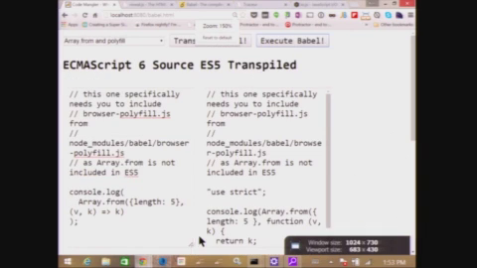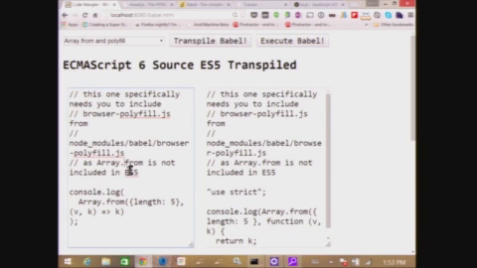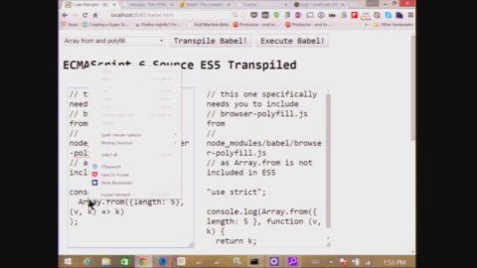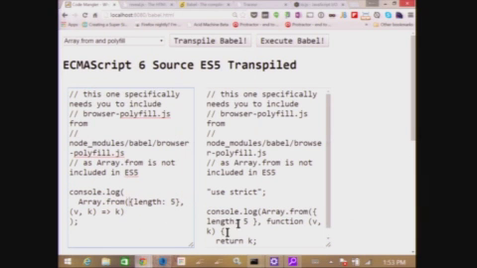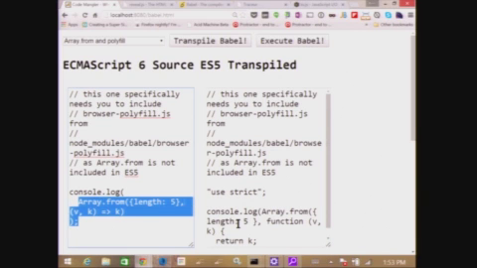So let's see if I can fold this and take a look at this. We have a console log printing out an Array.from. Now this one is kind of interesting, actually. I went with a tough one first. That Array.from takes two parameters. The first parameter is kind of instructions for how to go through something. So if you give it an object with a length on it, it will loop that many times and call